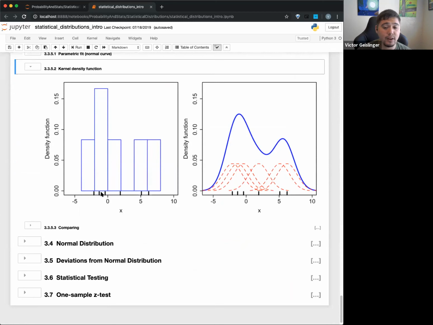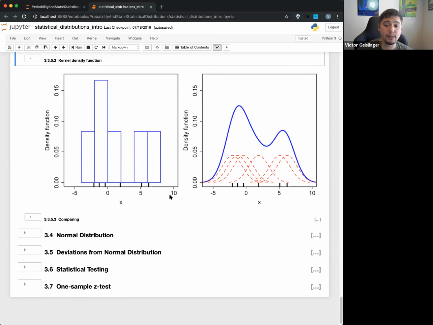And then it's been together. So you can see this is probably how real histograms would look if you have a range, right? It's like, okay, there's only one that occurs within this range. There's only two that occur in this range. There's only one that occurs in this range. There's nothing in this range, right? There's one in this range and one in this range. So the way we can basically build this kernel density function is to build little tiny distributions around each individual